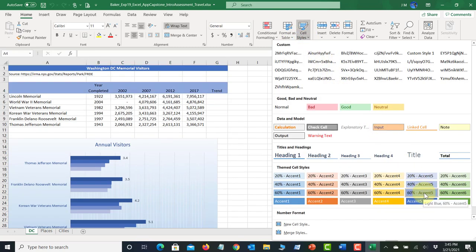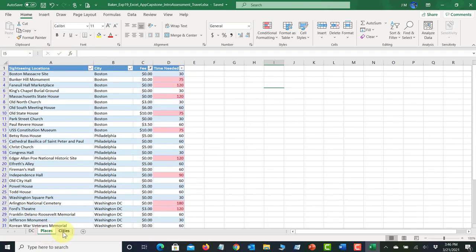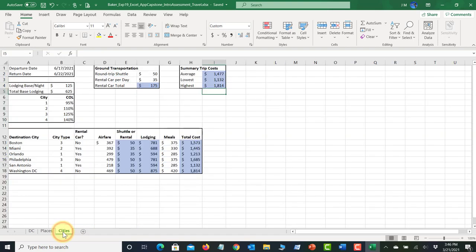I'm going to go to Cell Styles, and instead of accent 60, see, I almost wonder if they didn't mean to say accent 1, but if I did accent 40, now this was like a year ago, when I did accent 40 using a different version of Excel, it accepted it. So we'll try that. Apparently they have not fixed that. While we're here, we have places, we have cities, and